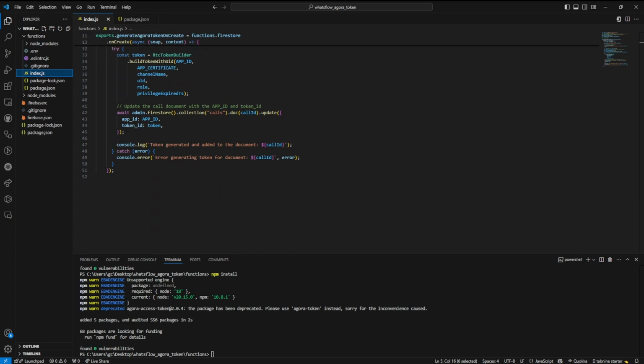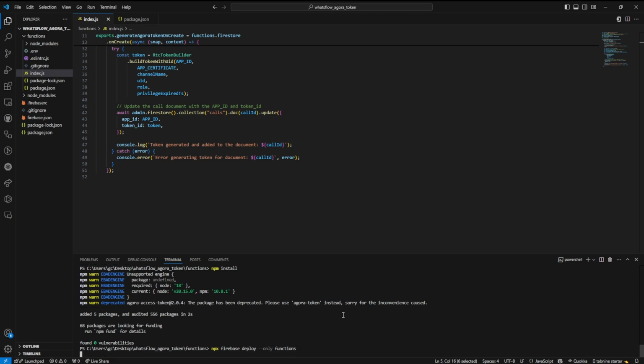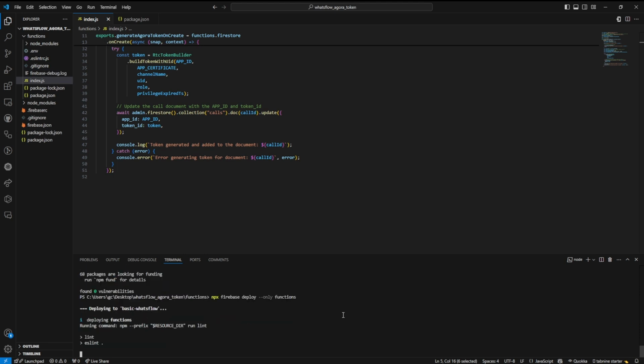So what we're going to do is we're going to run the following code. It's going to be npx firebase deploy --only functions, and run it. Now if you rather want to use FlutterFlow for this, then